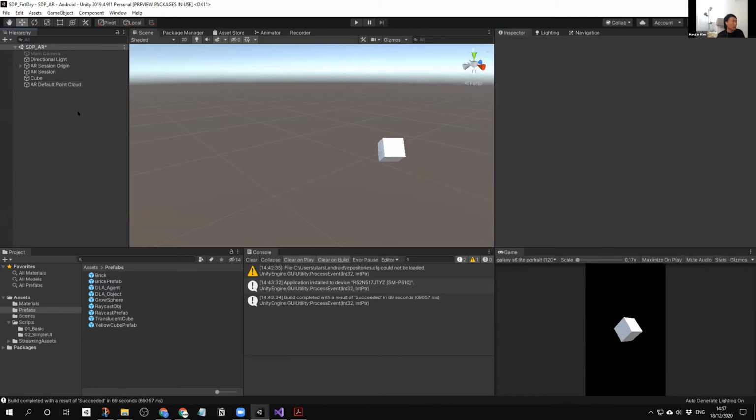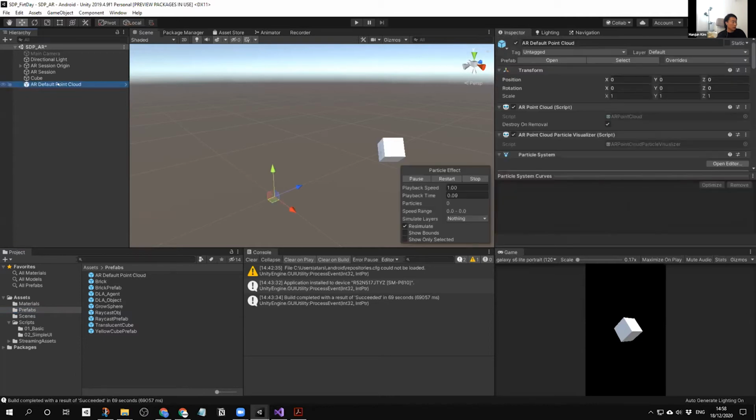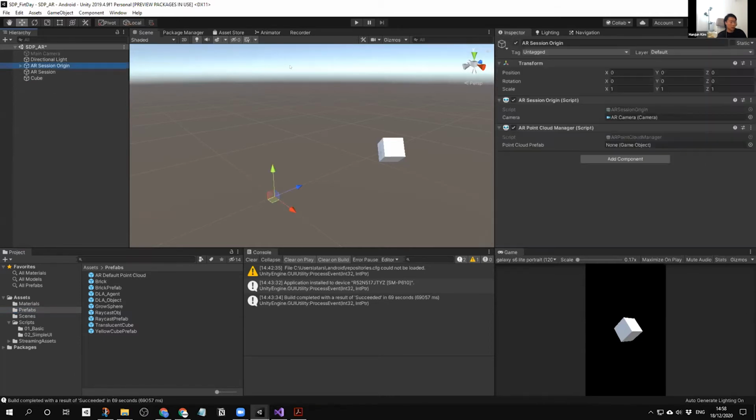And then after that, just drag and drop this point cloud to your prefabs and delete it from the hierarchy. And here on the session origin, drag and drop the point cloud prefab to here. And now, if you build this one,